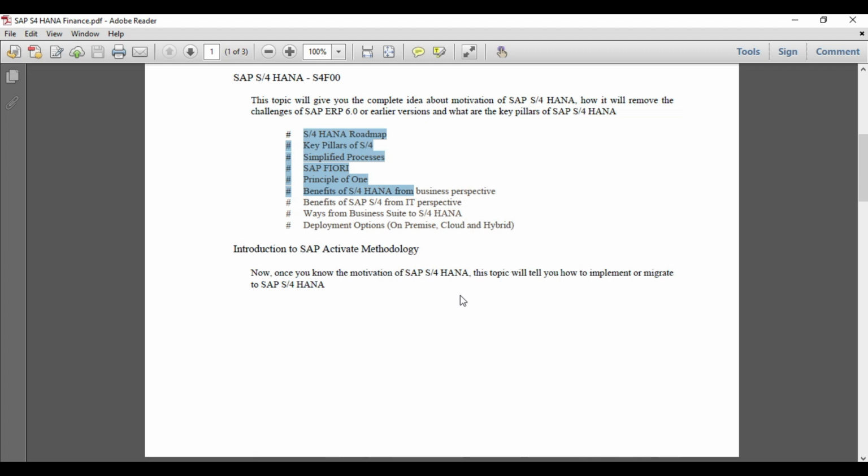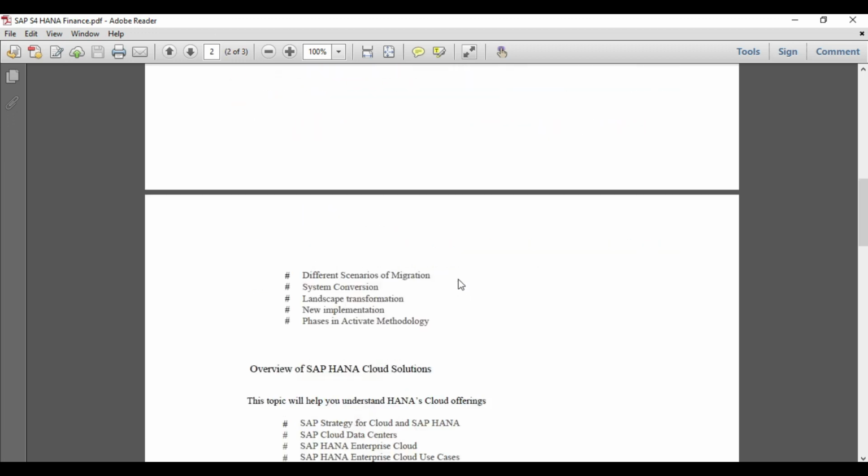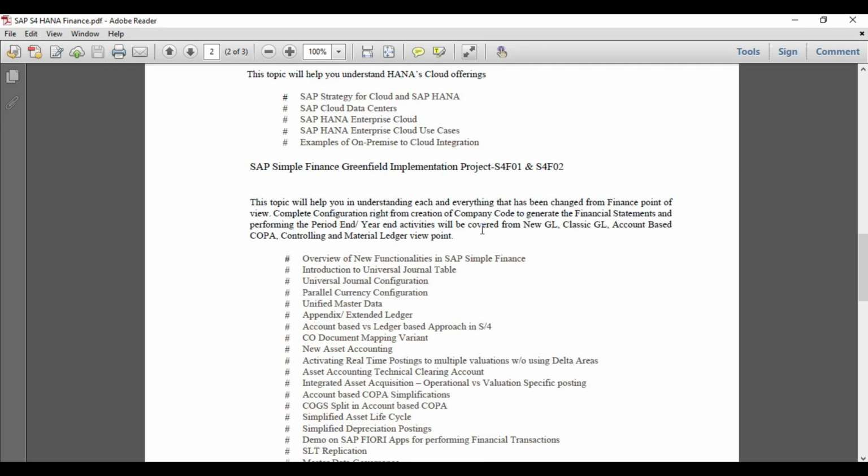So what are the new innovations, that is, the delta changes? Those things you are going to get here under F01 and F02. F01 is all about the new changes related to finance. F02 is all about new changes related to controlling or management accounting. So in detail we are going to do all the configurations, or we will see all the new changes of